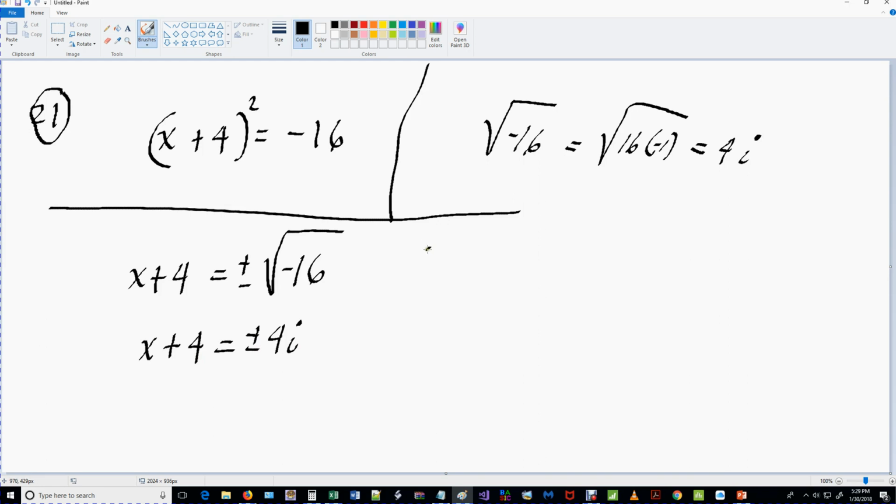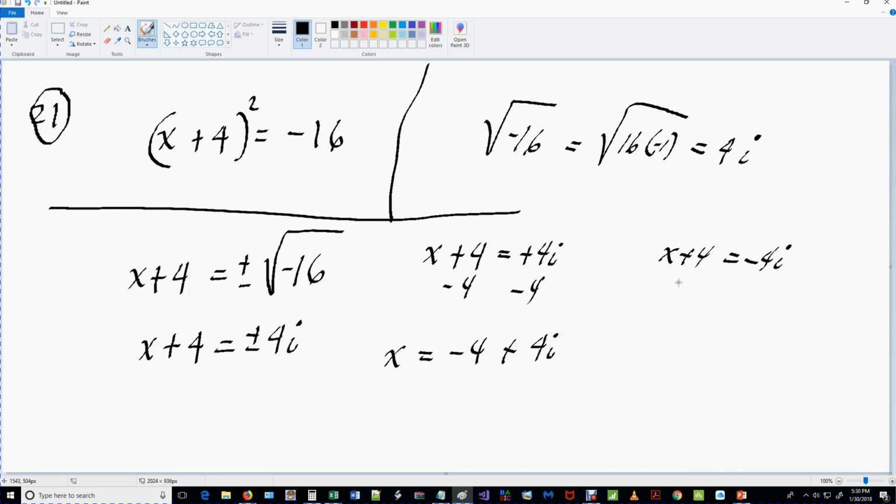And the first one, alright, so you do x plus 4 equals, let's do the plus 4i. And you do the minus, you get x plus 4 equals minus 4i. And you subtract 4, so you actually get minus 4 plus 4i. And then you do the same here, right? You subtract 4, and the other one is actually minus 4i. Now you can consolidate them in one answer,